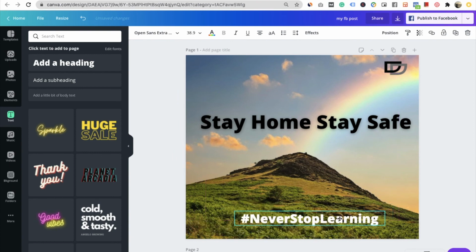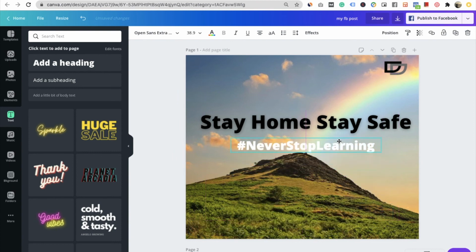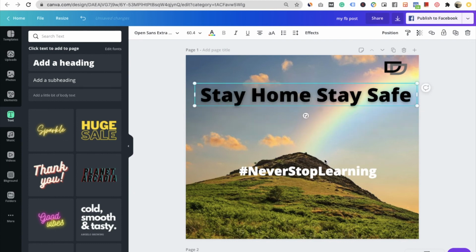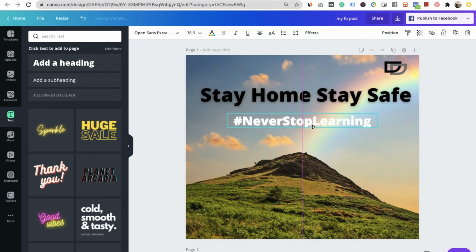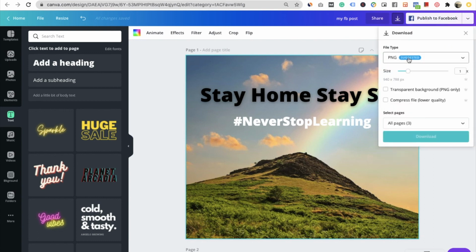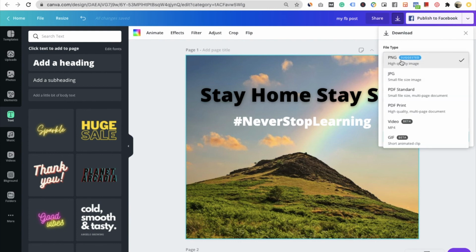So once you are done with your images, maybe I'll put it here, or let me make slide changes. Okay, once you're done with your changes, you can publish it on Facebook, so you need to integrate your Facebook account. Otherwise you just go and download this image from here. There are different formats available. Choose one relevant format.